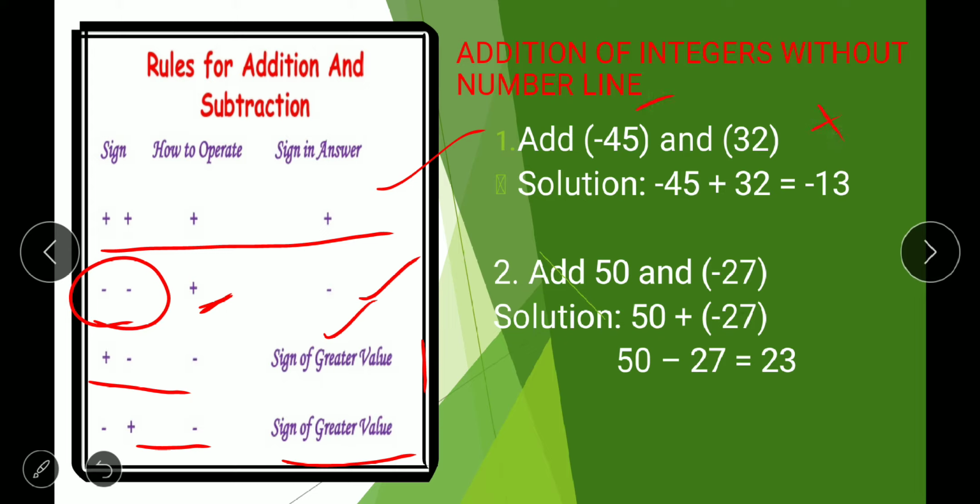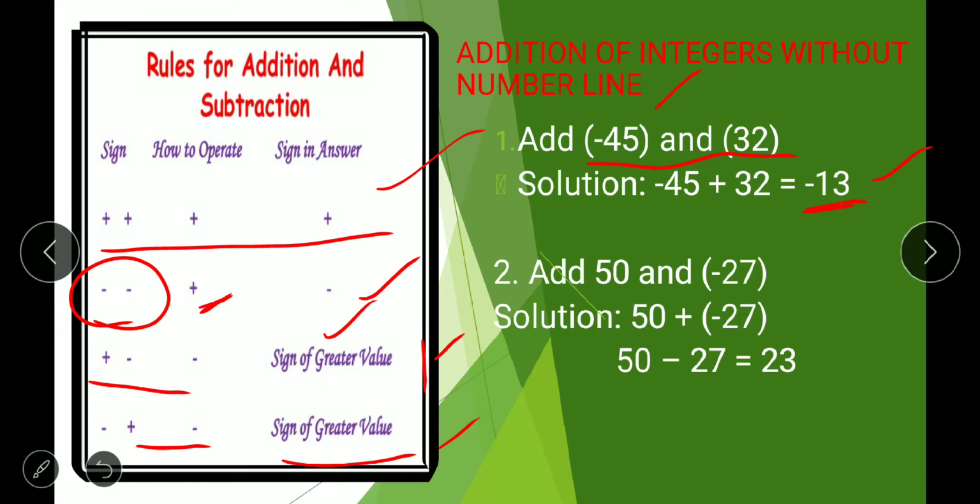So here we have one positive and one negative. If so, how to do? See here in these rules, we have the second, third and fourth property, which is like one negative and one positive. Here we have the greater number is 45. So we need to subtract only, 45 minus 32. When we do, we will get 30. The bigger number has a negative sign, so we will give a negative sign to the number.